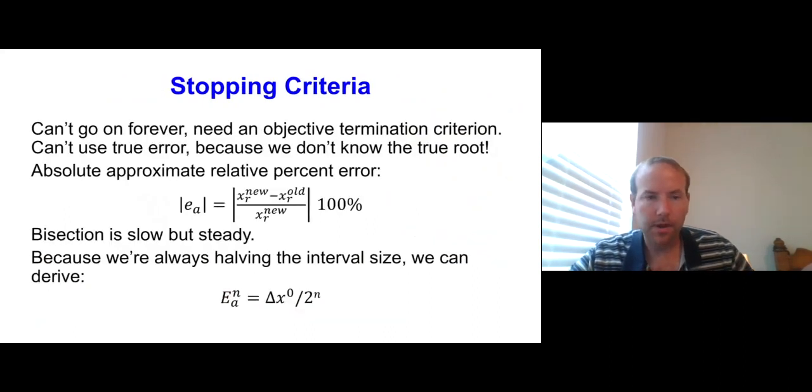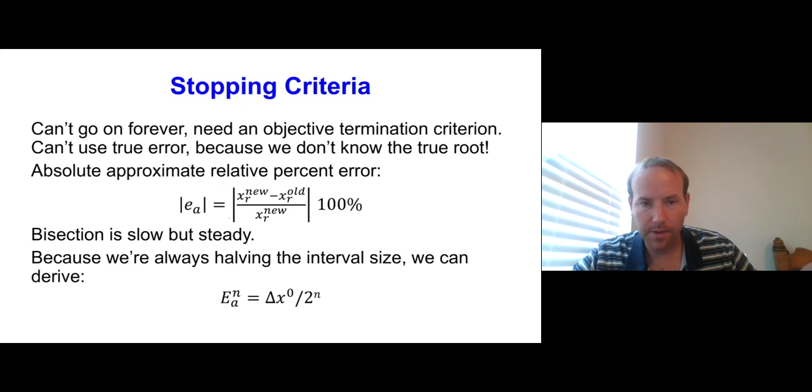Okay, so that gives us a loop, so we can keep iterating, but we can't go on forever. We need an objective termination criterion. And while we'd like to use the true error, we don't know the true answer, right? Because we don't know the true root. So as an alternative, we'll often use an absolute approximate relative percent error. And so this is just like our approximate error equation that we've used before, except note here that we're using absolute values